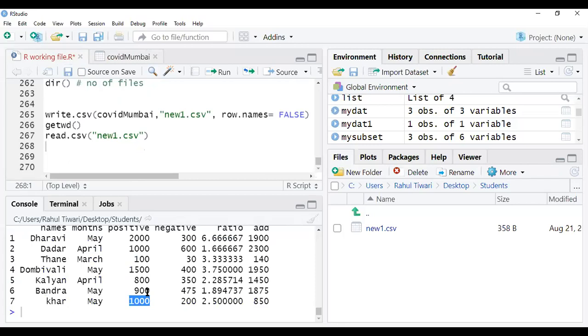Suppose you have very big data like 1000, 2000 rows. In that scenario, going back to Excel and finding the data is also a simple task, but one can do it without going to Excel. If you changed anything in Excel, then you have to again save it, again import it, and again do that process again and again. Okay, so this is the way one can do.